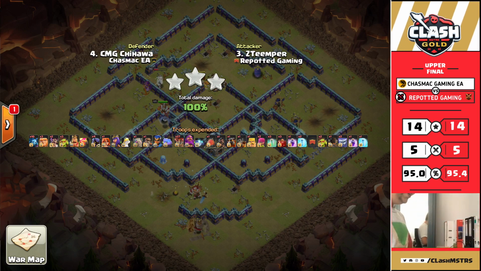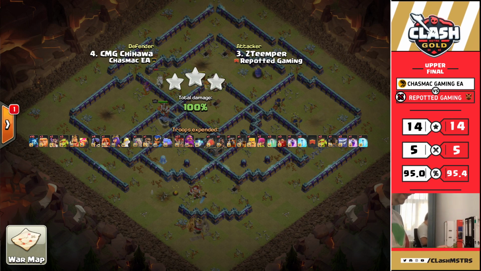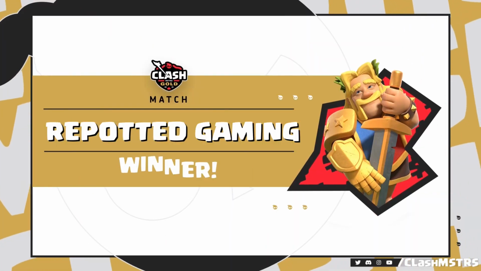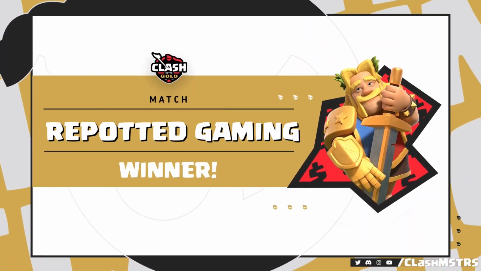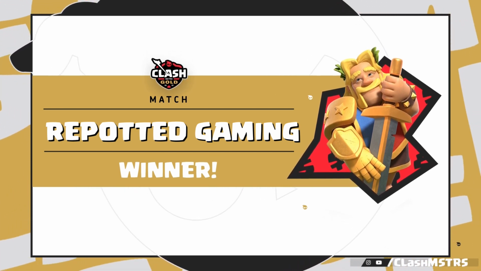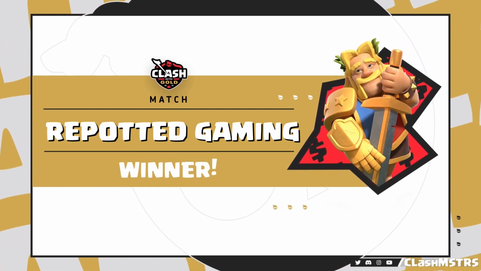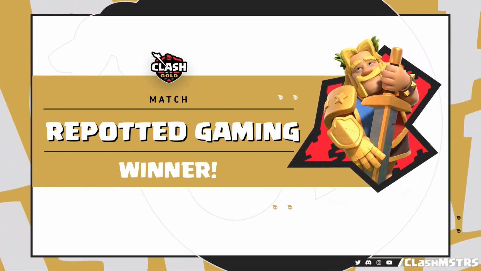Look at his hand shaking right there. Gets it done for the 3 stars. Temper, well done. Now sending CHASMAC Gaming EA down to the lower bracket, and REPOTTED Gaming are into the grand finals, which means that if Na'Vi make their way to the grand finals, REPOTTED have earned a golden ticket, just like